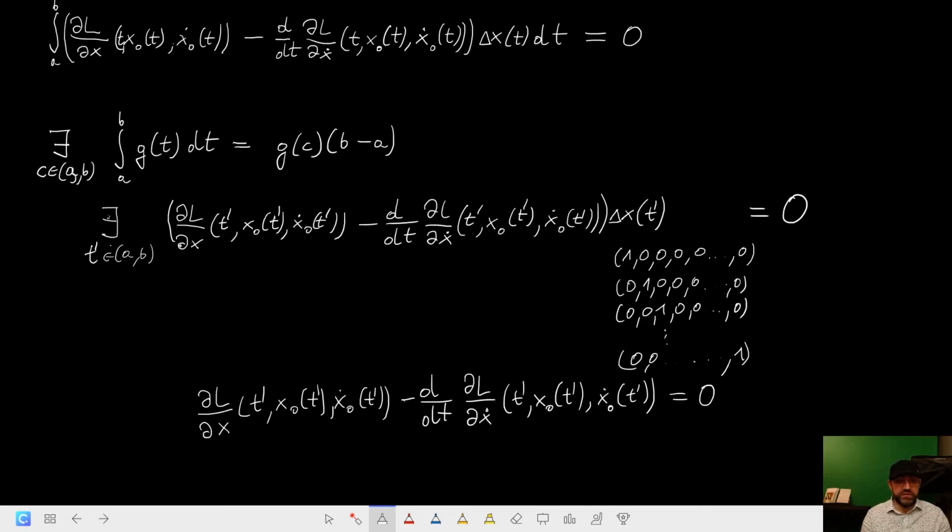So once again, what have we done here? That was a real value, because here is a scalar product. Now, because delta x is arbitrary, we can always choose it that for the point